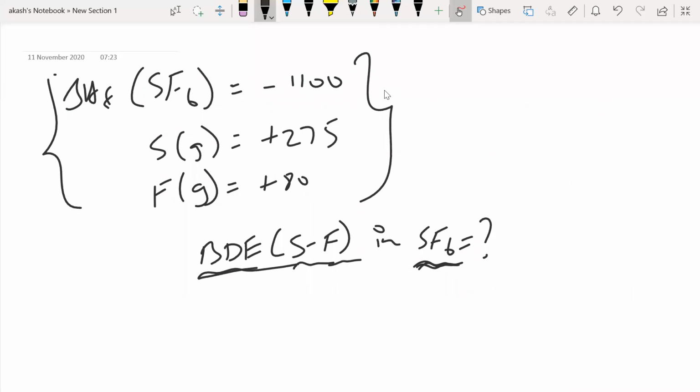Right, so how will I write the reaction? I'll write it as SF6 gives S plus 6F. This is how I write the reaction, as simple as that, bond enthalpy. Right, so obviously here the bond enthalpy,